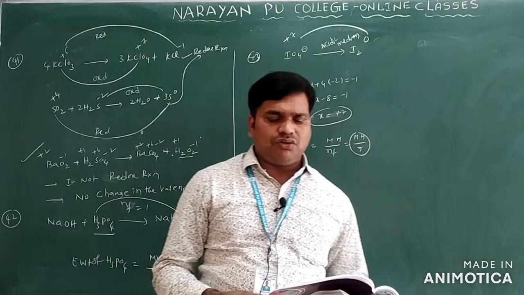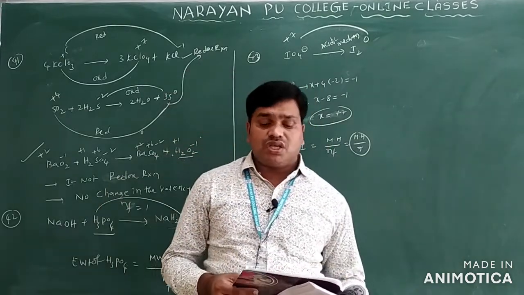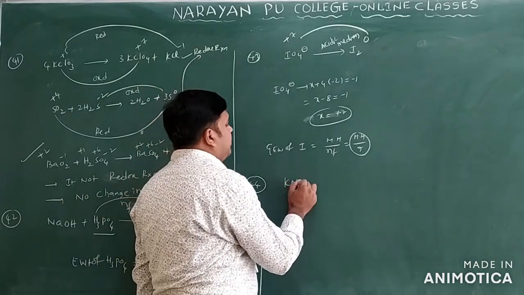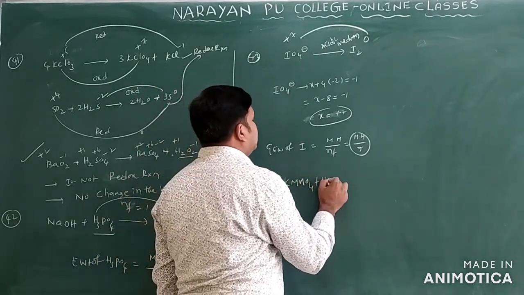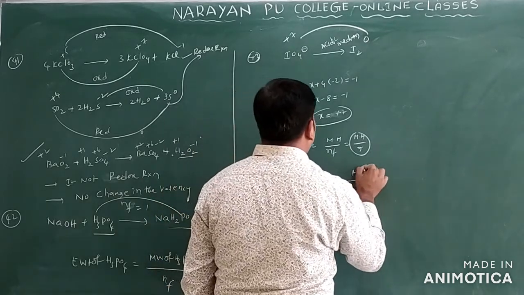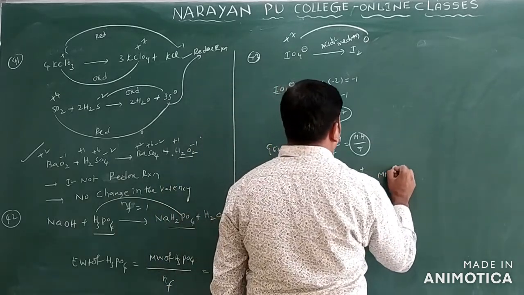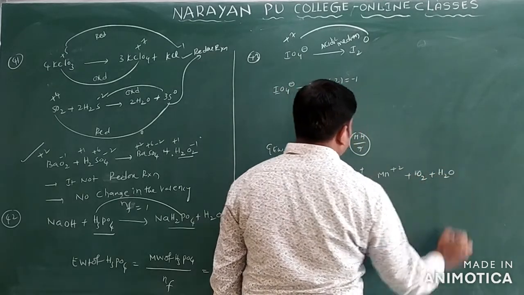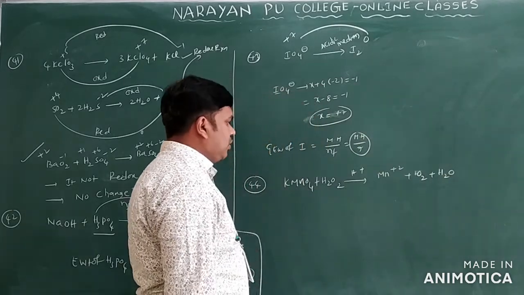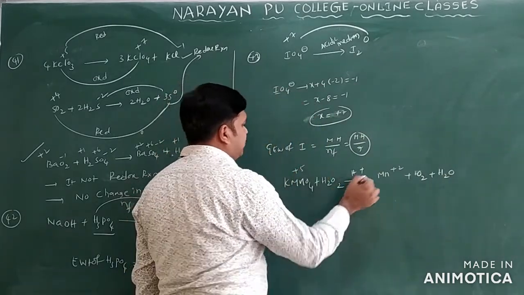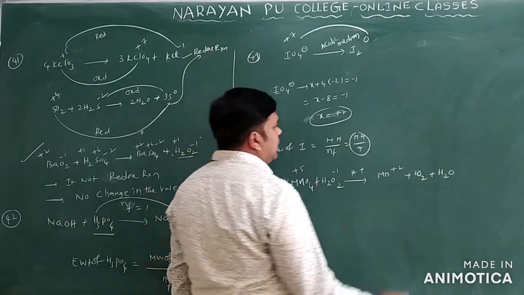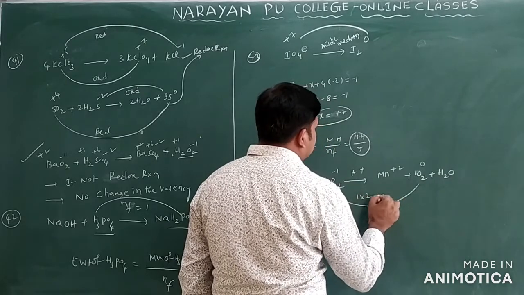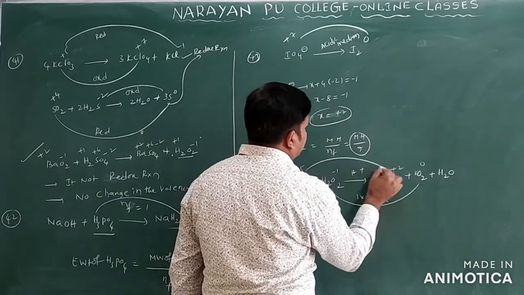For the decolorization of 1 mole of KMnO4, the moles of H2O2 required. Decolorization of KMnO4. We are adding KMnO4 plus what here? H2O2. If we take an acidic medium or H plus, then what you will get here? Mn plus 2 plus O2 plus H2O only. Now we can see the change in oxidation number here. Manganese here plus 5, here plus 2. Here oxygen is minus 1. Here oxygen is how much? 0 only. For this the change is 1. But here 2 oxygens are there. Change is 2 only.